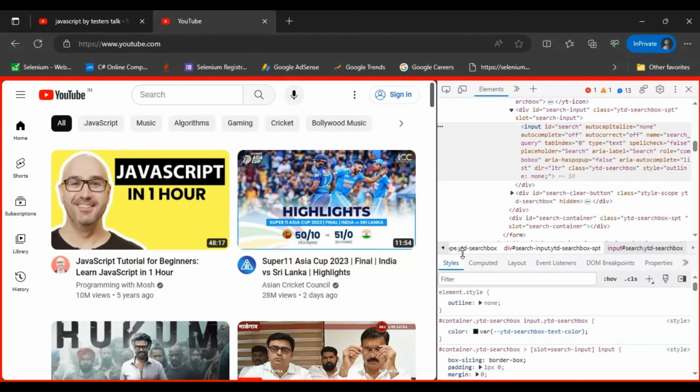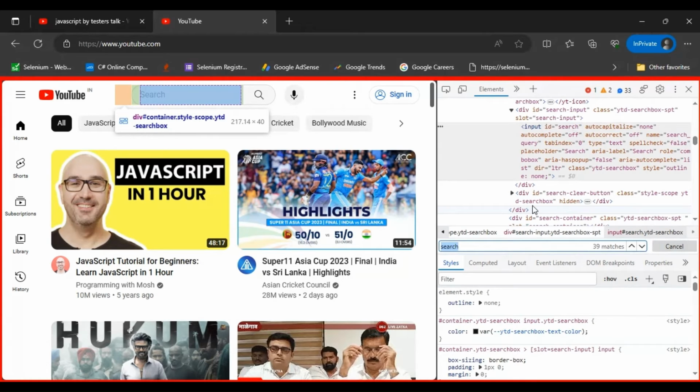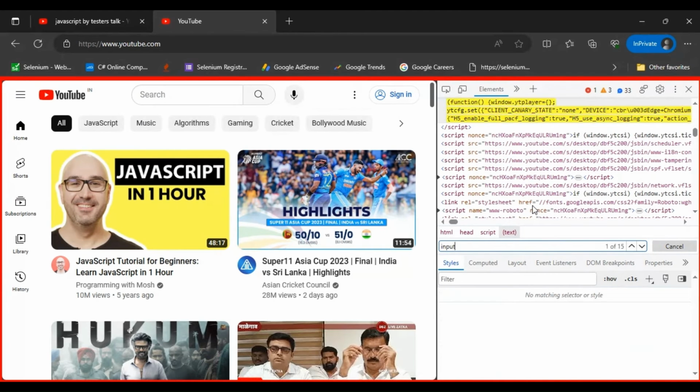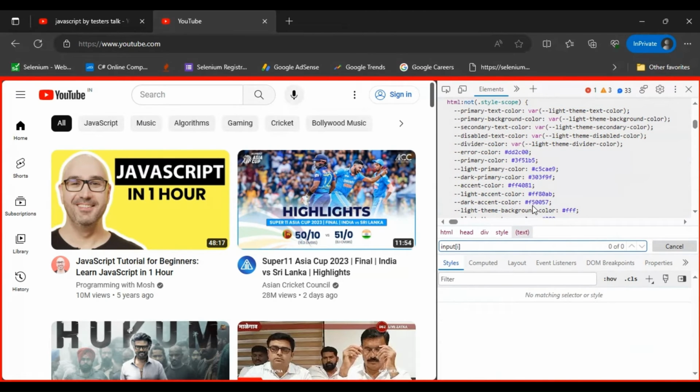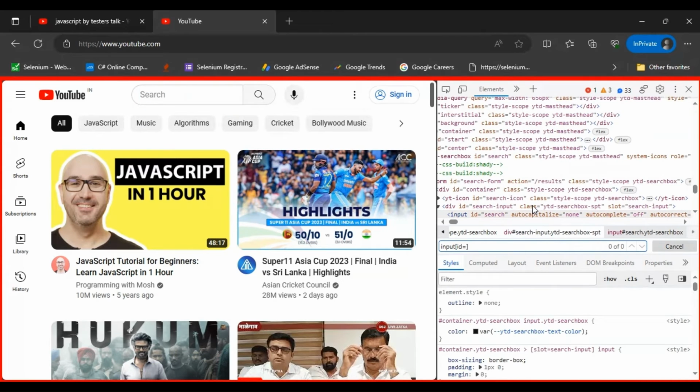So let me bring it down, and if you look here, that particular search text box is getting highlighted. It has multiple properties. By using the ID, we are going to identify this particular search text box. So here I'll copy this particular value, that is ID. Here I'm writing the simple CSS selector. Firstly, I'm using the tag name, and followed by that, I'm adding the attribute name and equal to, in the double quotes, we are adding the value. So that's it. It is highlighting this particular text box,